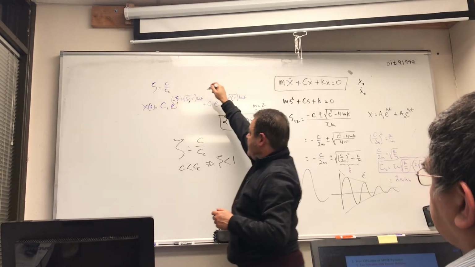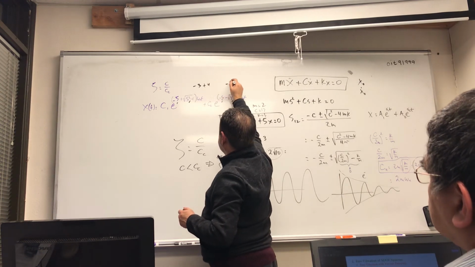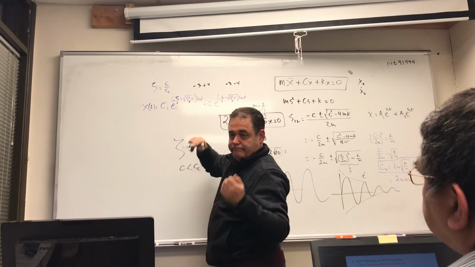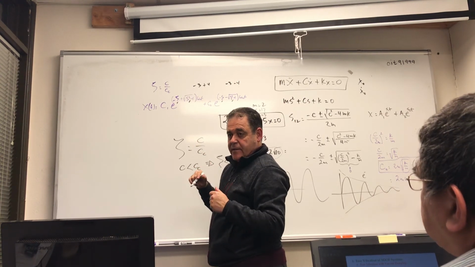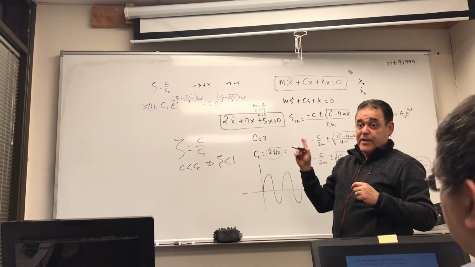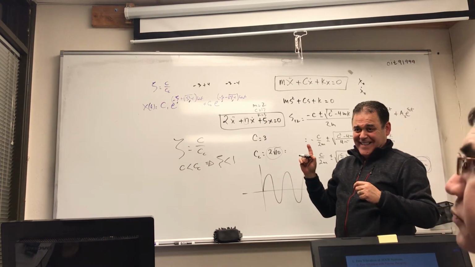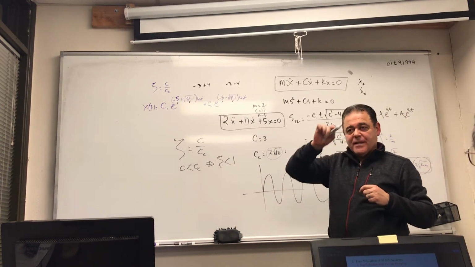It's like having minus 3 plus 4, and minus 3, let's say minus 4. So two roots that are real and different. Is that underdamped? No, this is overdamped. What helps is looking at this diagram. Underdamped is the only one that still has